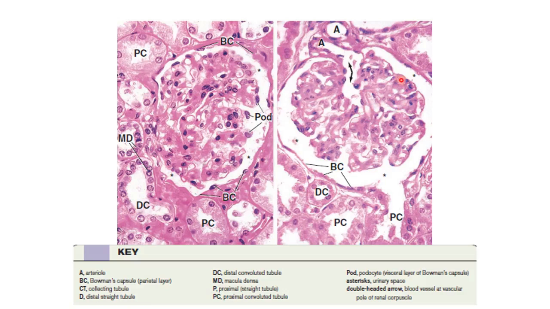And each renal corpuscle has two poles. We have the vascular pole through which the afferent and efferent arterioles enter into the glomerulus, and we have the tubular pole that connects with the proximal convoluted tubule. And by this we reach the end of our first lecture of the histology of the